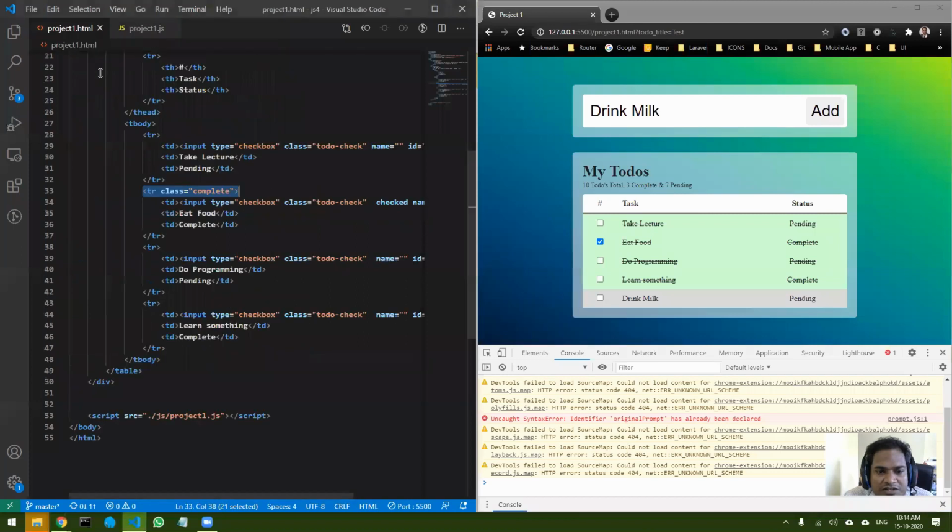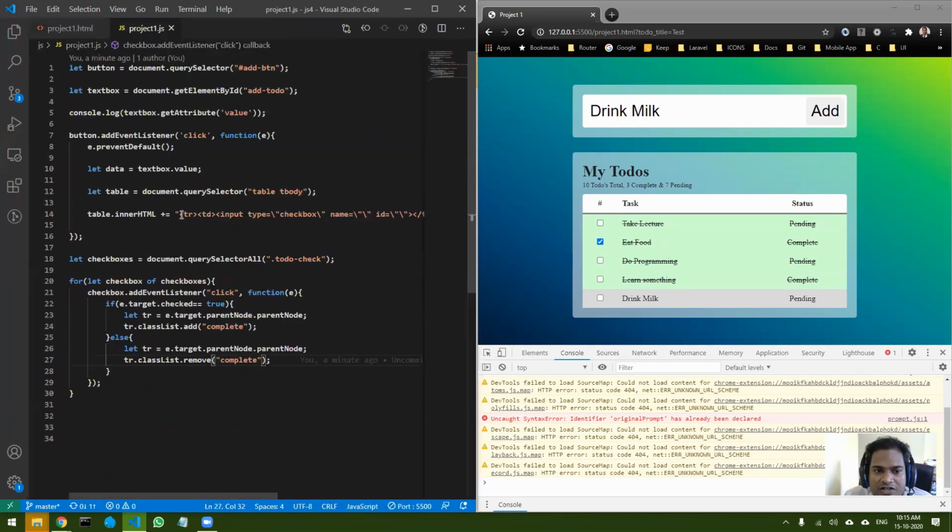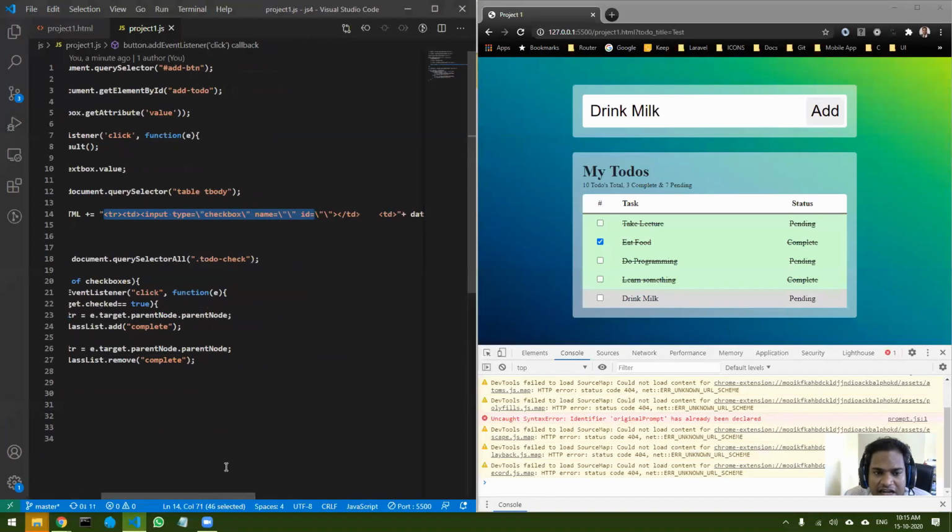Okay, so let me just show you why it does not work. How have we selected this particular checkbox? With the help of the class to-do-check. Now when I add this new element, what is the HTML code over here? This. In this, are you adding that particular class? You're not adding it, right?